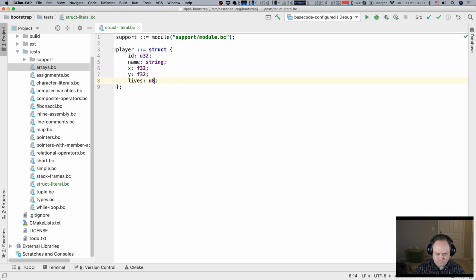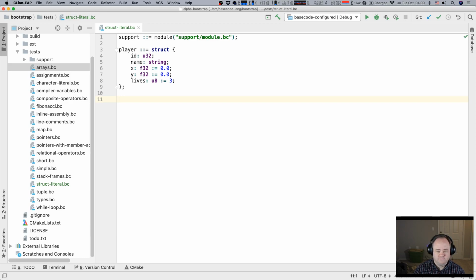And let's say that we have some defaults here. We have 3 lives, and these default to 0. So then we would want to create a player. Okay, so yeah, actually, let me do it this way.